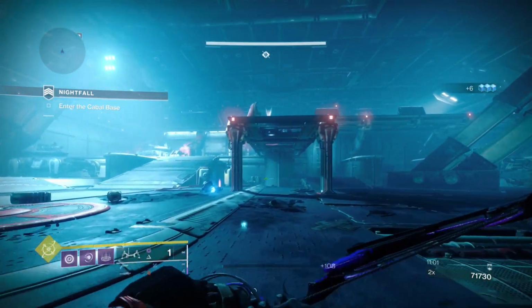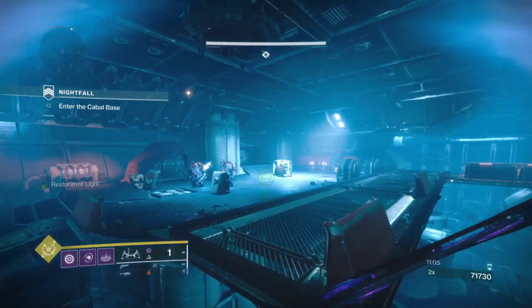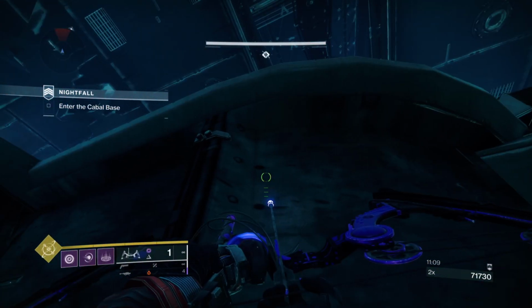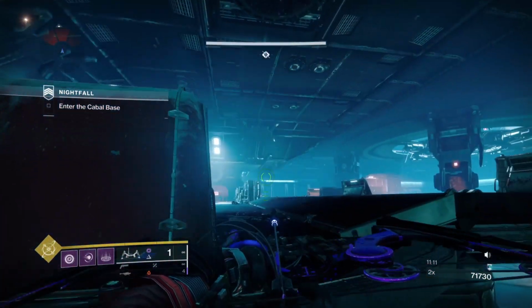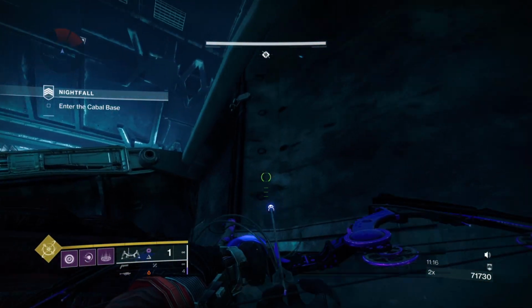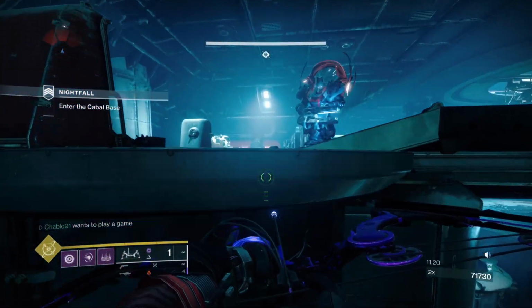Now, how do you deal with these double barriers? They can be a nightmare, of course. A good way of dealing with them is just using an area where they can't really shoot you, so it's directly below you. They won't stomp you unless you stand on the same platform that they're on, but they won't stomp you from here, which is good. So we're baiting